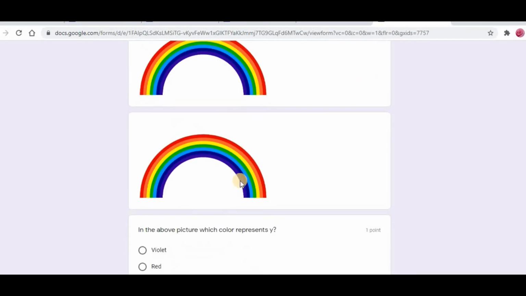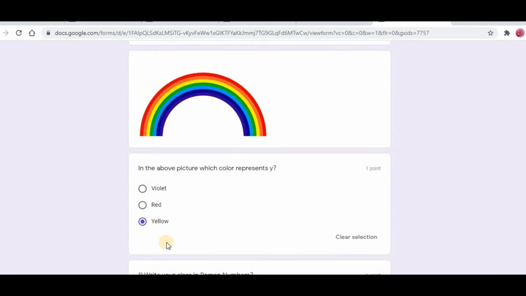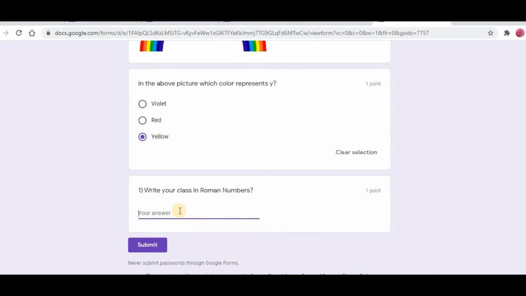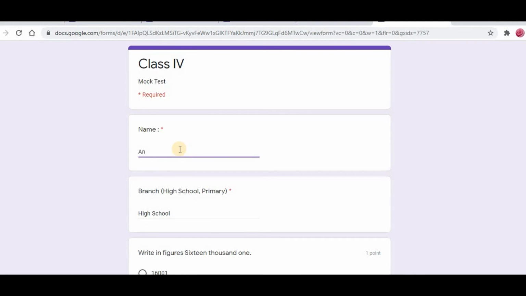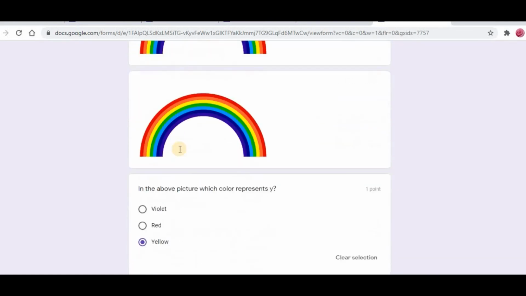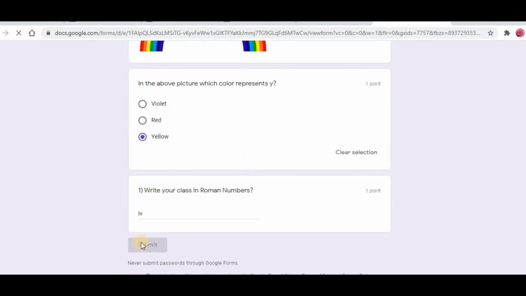And here there is no chance to write. So this is yellow. And your class. Now I am not using capital letters, see here. After this, your student is going to touch the submit button. Now see, the computer is asking very clearly here, what is your answer? So you can write any answer, and if you press the submit button, then the computer will accept it.